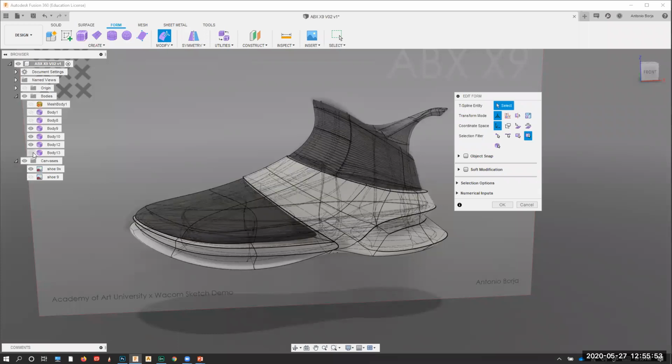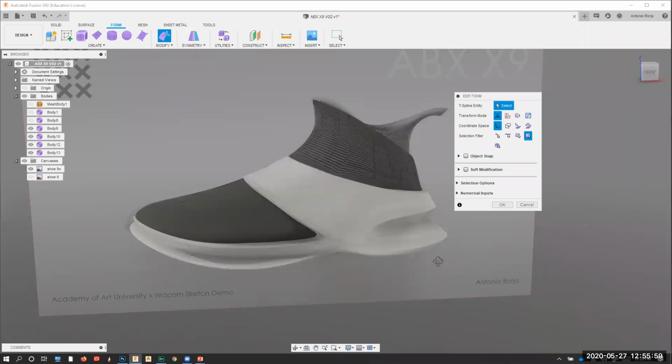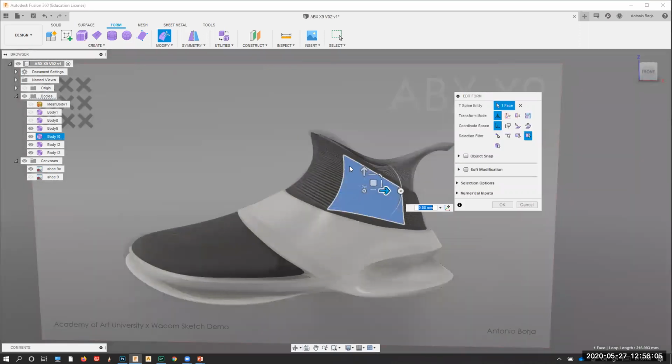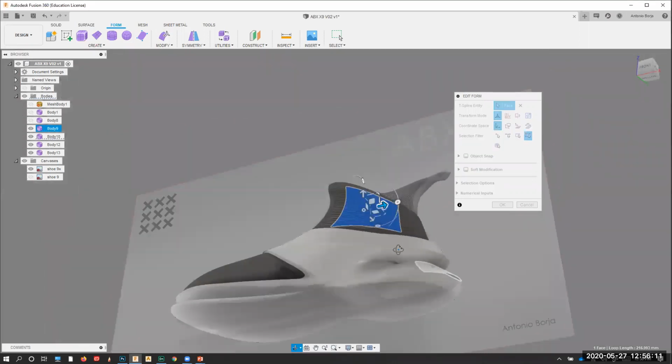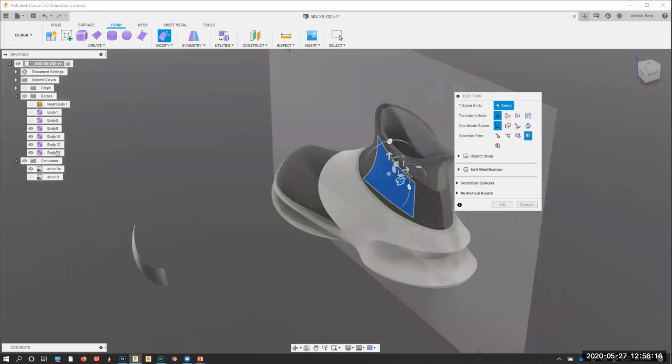Here, I'll go ahead and turn that off for now. And what I'll do is show you guys again here, we'll go to shaded. So basically, I would continue, you guys can still see these are all just planes. They're nothing more but planes that I just extended all the way through. And again, once I have the form pretty close to where I want it to be,